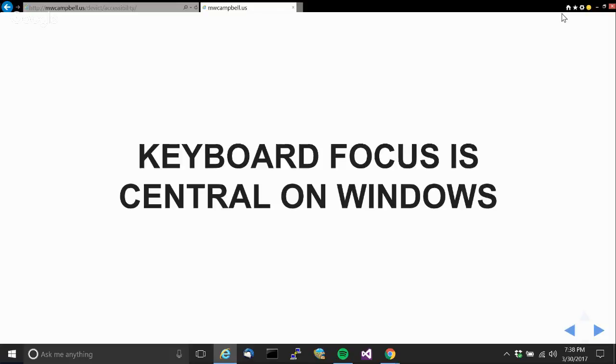Whereas on Mac or iPhone, the screen reader has its own virtual cursor that moves through the screen. I don't have a Mac here, but in the VoiceOver screen reader on the Mac, as on the iPhone, if you have a trackpad, you can do swipe gestures, and it's similar to doing it on the iPhone.